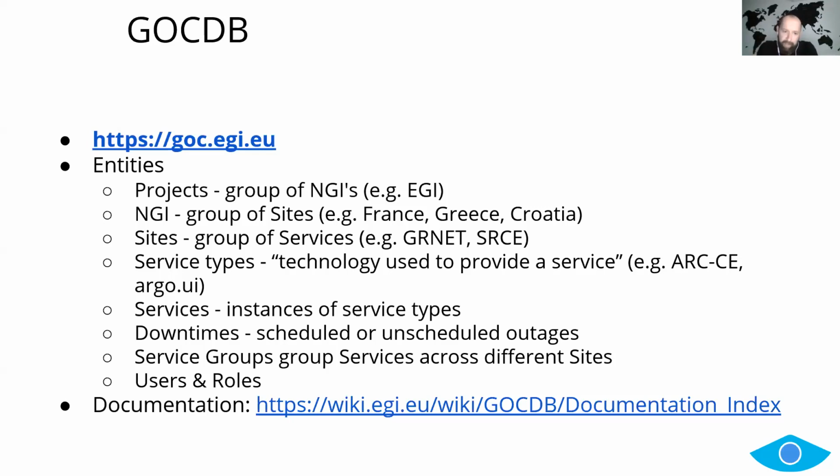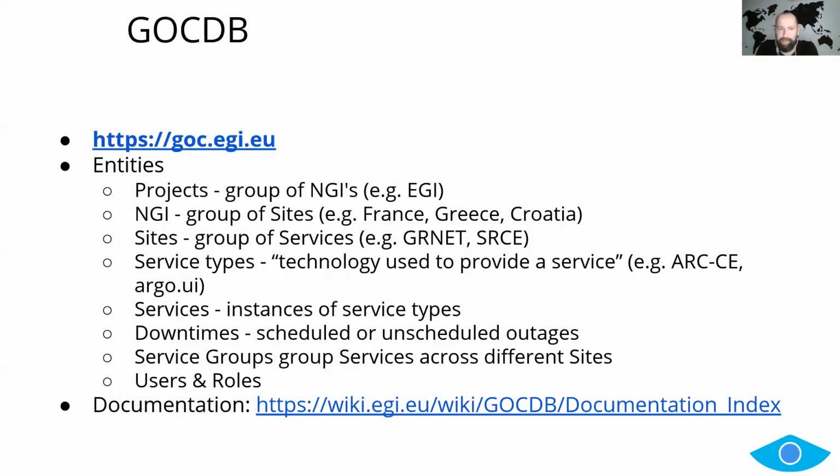There's also downtimes. So this is basically functionality that allows you to say my services will be unavailable for these and these reasons, like if you are going to replace a bunch of your servers, or if you're going to replace your network or power system or whatever. And then there are unscheduled outages. These are also nice if you have a sudden failure on a Sunday morning and the whole group has to go there and fix it. It's always nice in GOCDB just to put there was an unscheduled outage so that the users are aware of it.